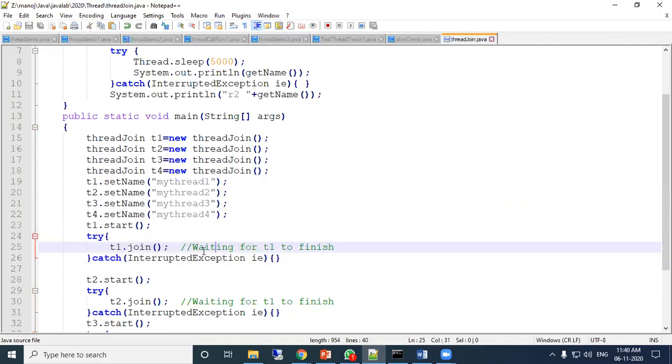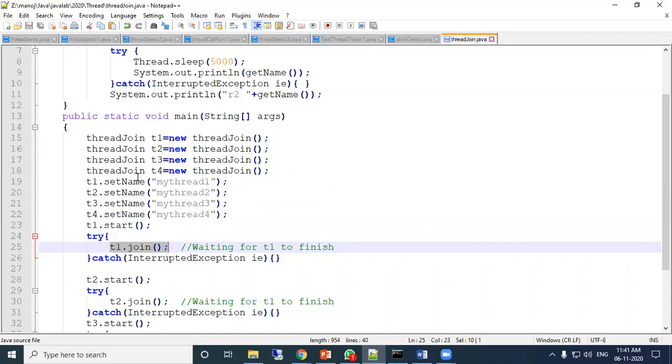Then here you see try join catch. This means waiting for T1 to finish; until T1 is finished, T2 will not start. Here T2 start is written, so T2 will start after T1 completes the task. Otherwise, T1 and T2 will process in parallel. The join function is giving the instruction to other threads to wait.